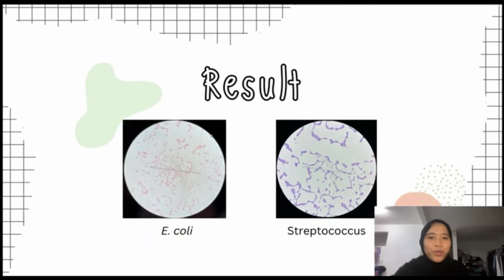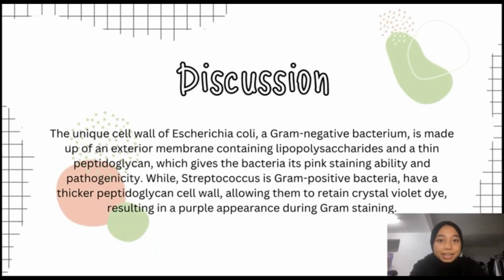The results show that E. coli is pink while Streptococcus is purple. The unique cell wall of E. coli, a gram-negative bacterium, is made of an outer membrane containing lipopolysaccharides and a thin peptidoglycan layer, which give the bacteria its staining ability and pathogenicity, while Streptococcus, a gram-positive bacterium, has